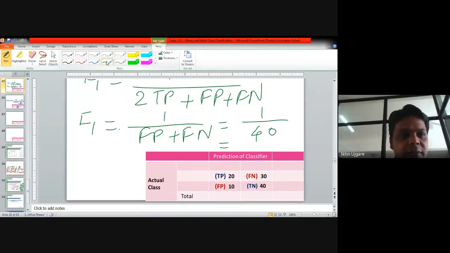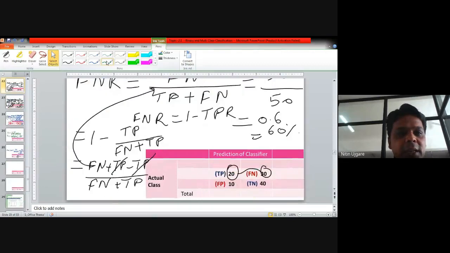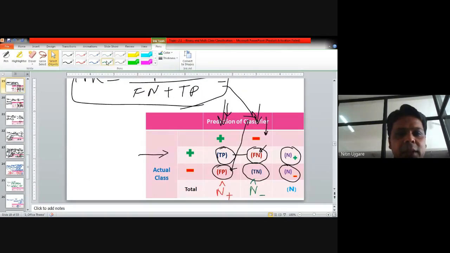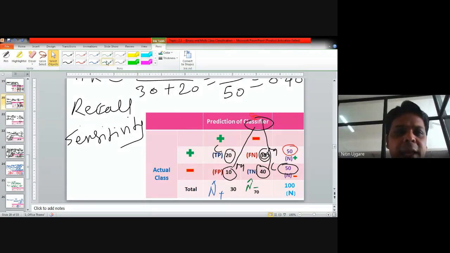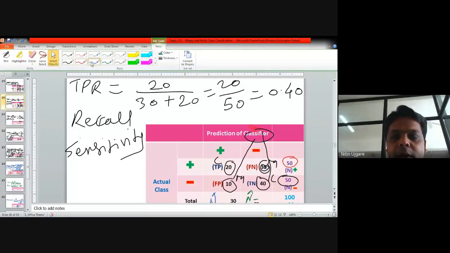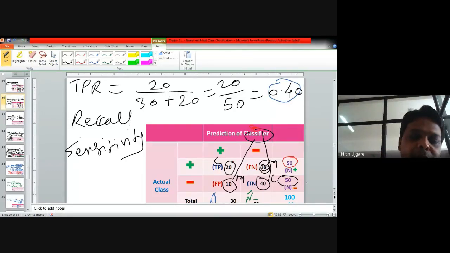Now, if I take the different measures, that is TPR, TNR, FNR and FPR, then I find that the TPR, the true positive rate, is very low compared to the true negative rate. The true positive rate is only 40%, which is shown here. So this indicates that, as mentioned in the beginning, the TPR and TNR rates must be close to 1, and here we can see that the TPR rate is not close to 1.